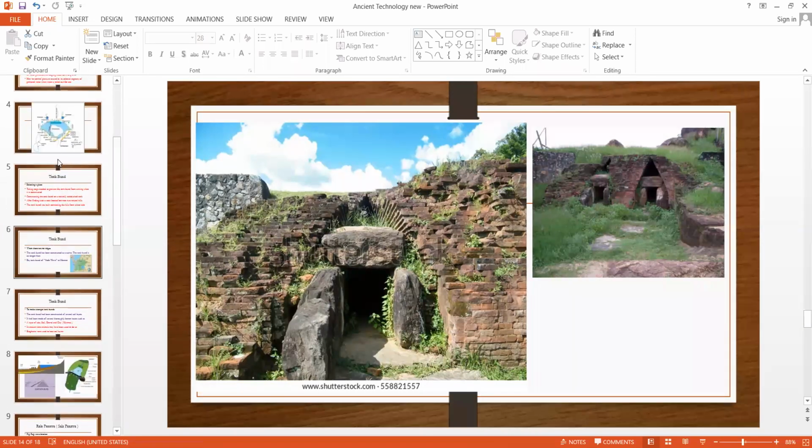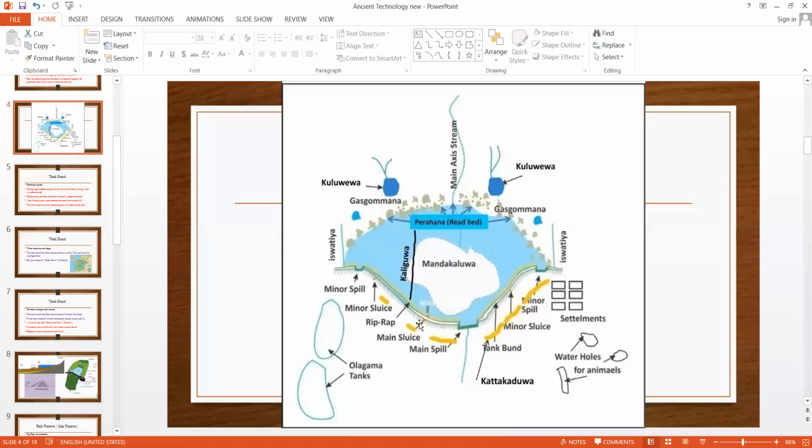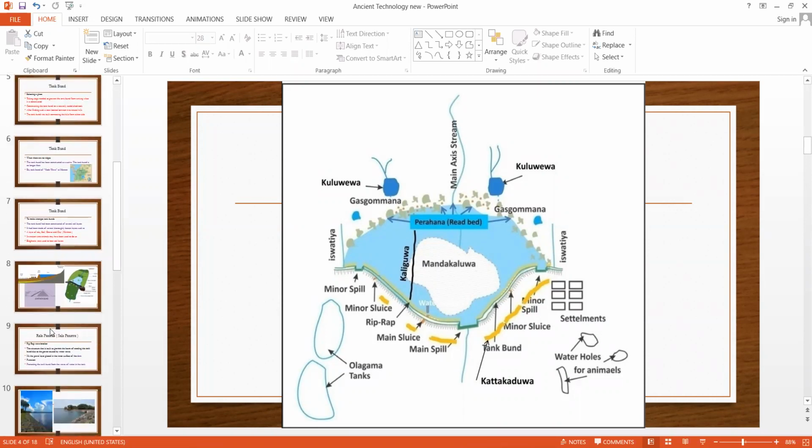So in this one you can see the mud sluice is this one. That is the deepest place of the tank. This is the upper sluice. Now this one is distributing water regularly throughout the year. This is distributing water when the water level is high. When the water level goes down, it cannot distribute water. Only this can distribute water when the water level goes down. So that is the mud sluice.